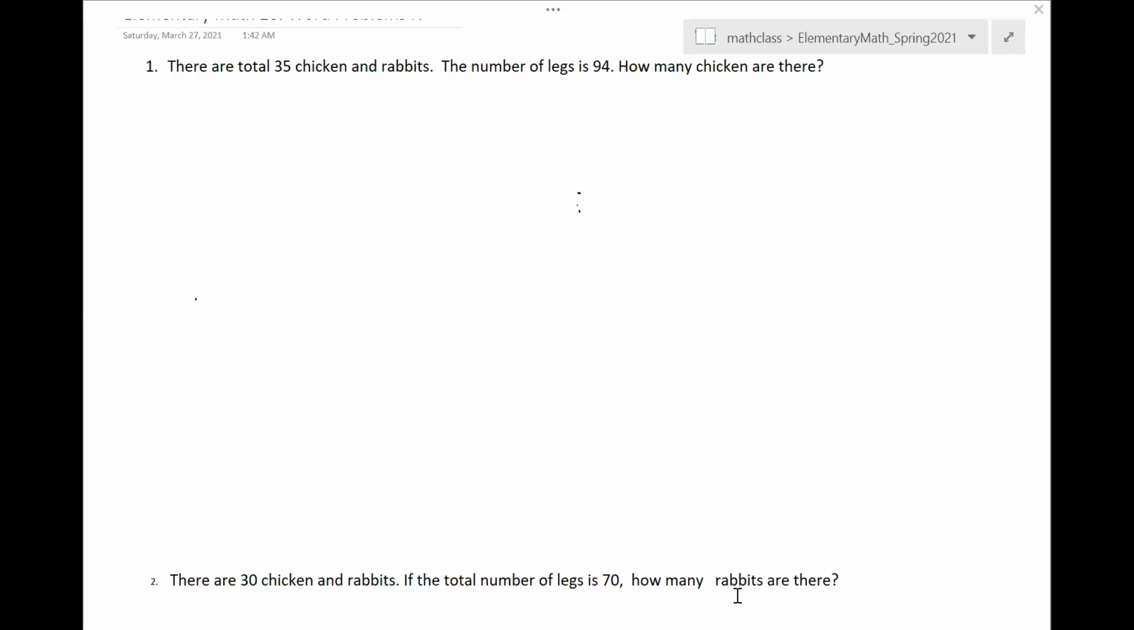I begin with the problem we did before. So there are a total of 35 chickens and rabbits. The number of legs is 94, and how many chickens are there? Now,